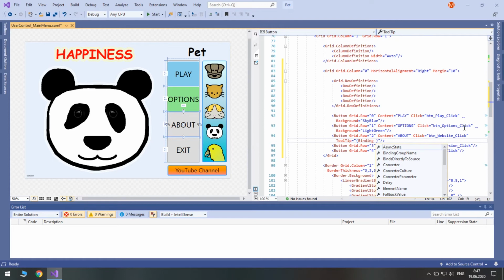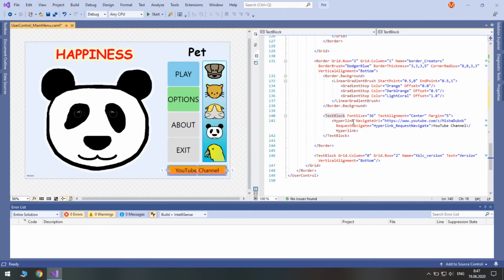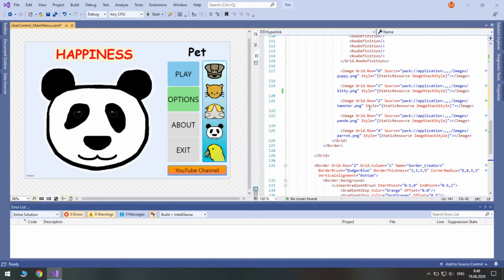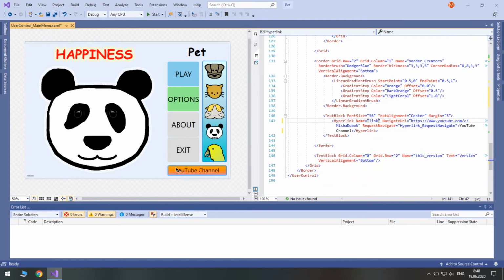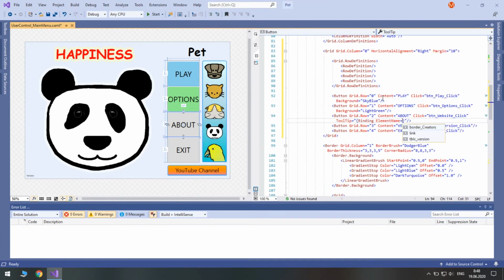In order to use binding, we first state what we are binding to, so the element, and we are going to bind to this hyperlink. So we need to give it a name, and let it be link. So in order to bind to this element, we are going to set the element name to link.